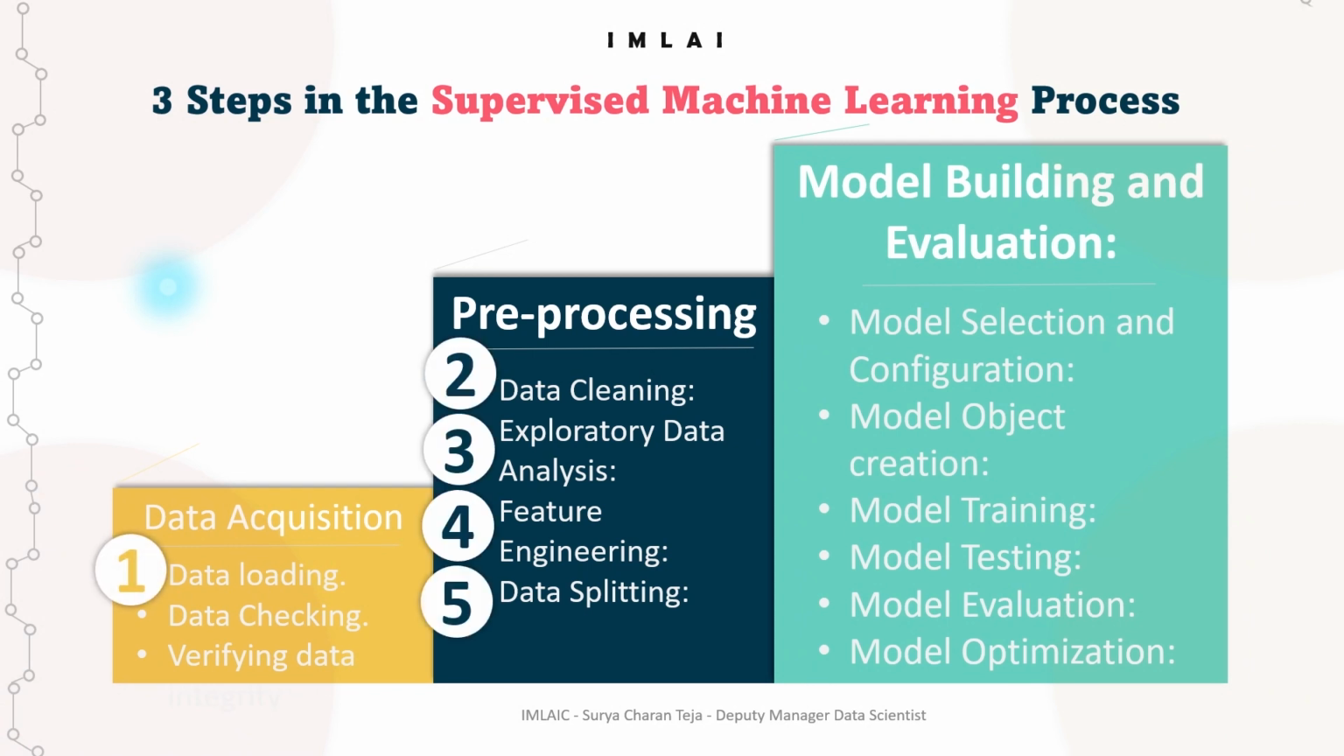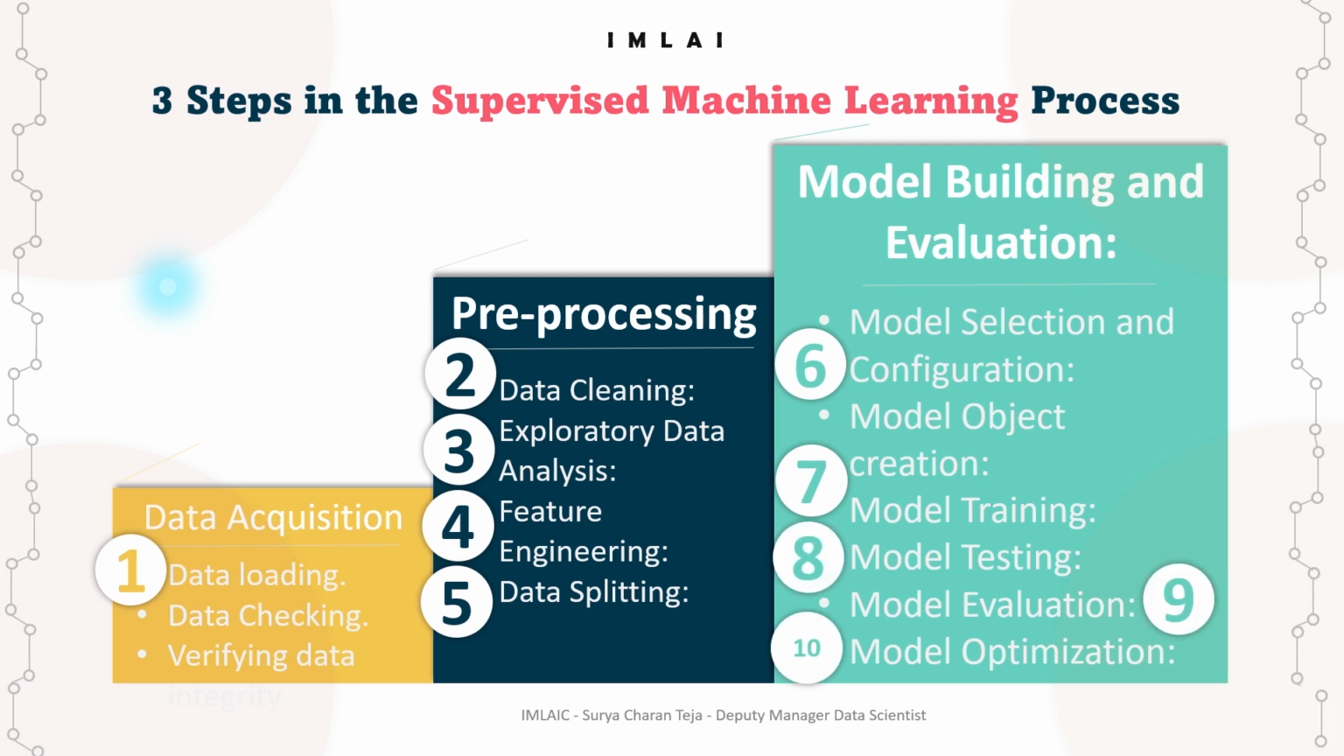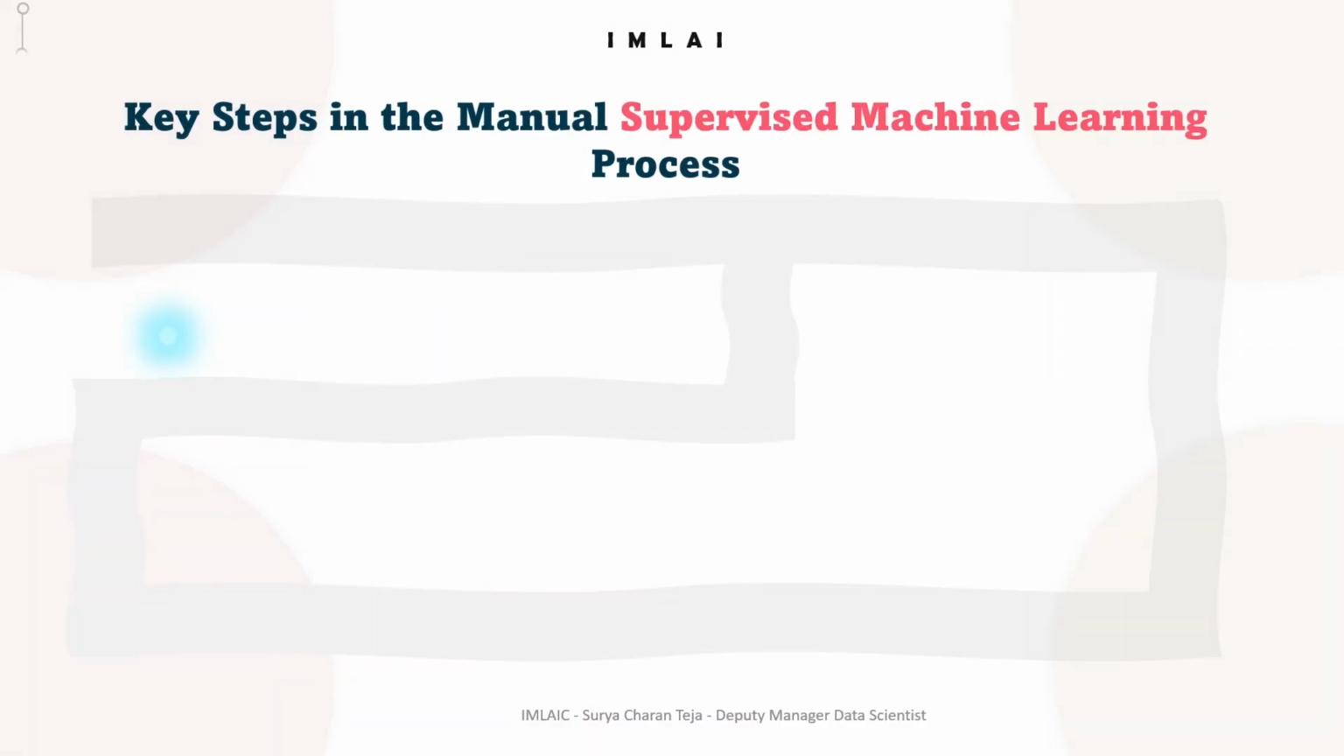So you see that data loading and data cleaning, EDA, feature engineering, data splitting, step 5, then model creation, then model training, model testing, model evaluation, model optimization. These are the 10 steps. The 3-step process has been expanded into a 10-step process. Okay, so if you put it in 3 steps, it's just data acquisition, pre-processing, and model building and evaluation. So this 3-step process has been expanded into 10 steps, and let's discuss in detail about this